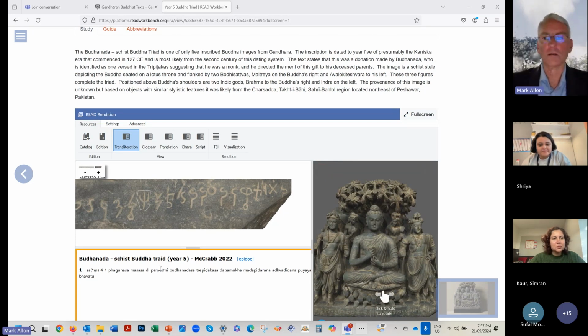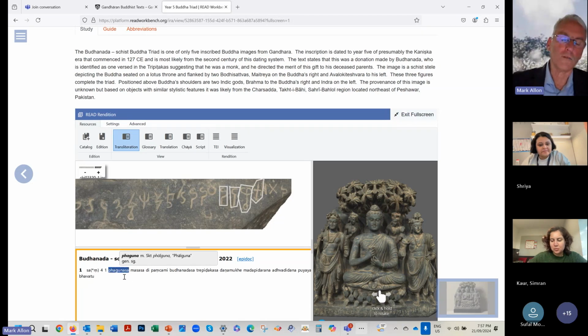Now, this program that you see here is something called Read. It's a bit slow, but essentially, if I select a word, it's going to select the Kharoshthi characters. So remember, we're reading right to left.